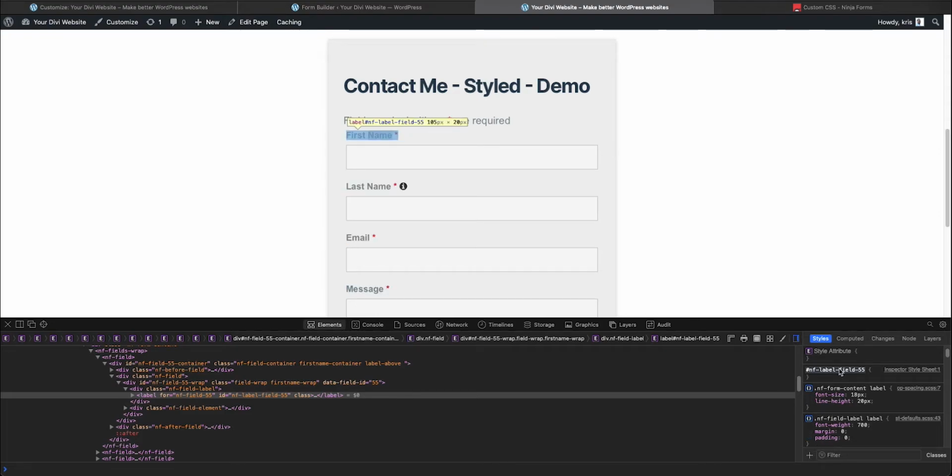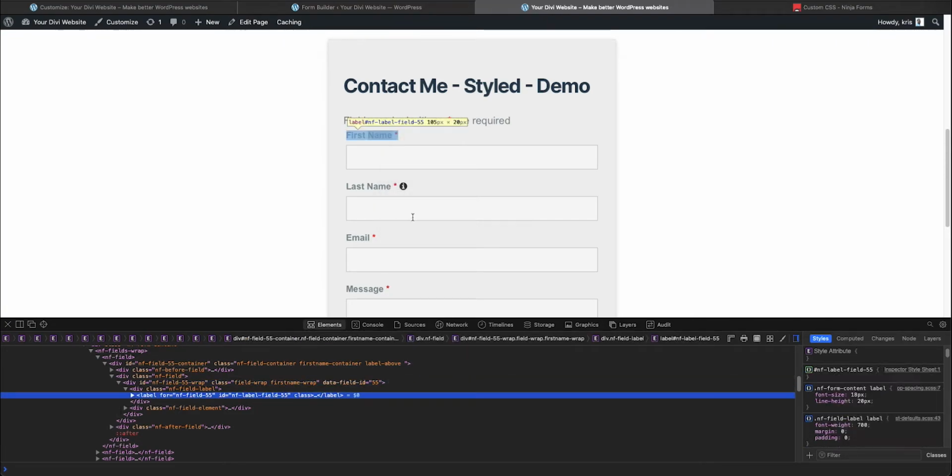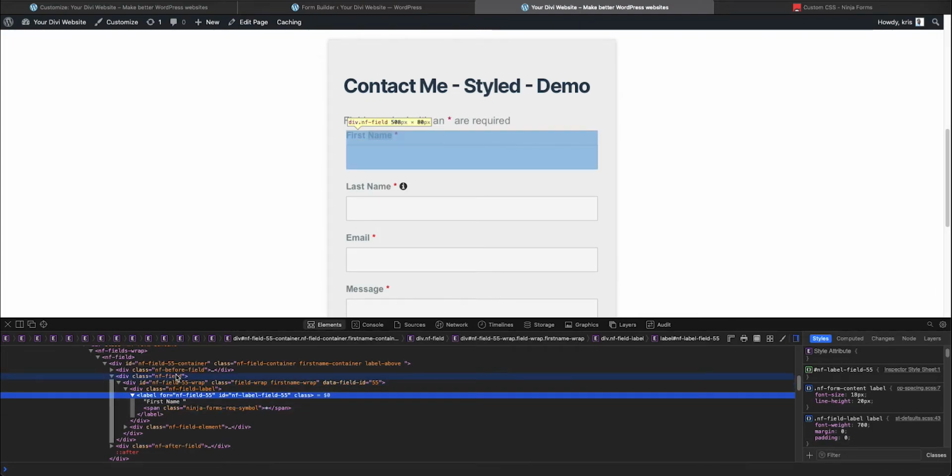For some reason when I press this plus button, it's identifying the ID. So this is the ID over here. You can see it says ID NF label field 55. And if we come over here and inspect element and come down here, we'll see it gives us the label for this element. You could slide up and down here and either select the whole field, the wrapper,